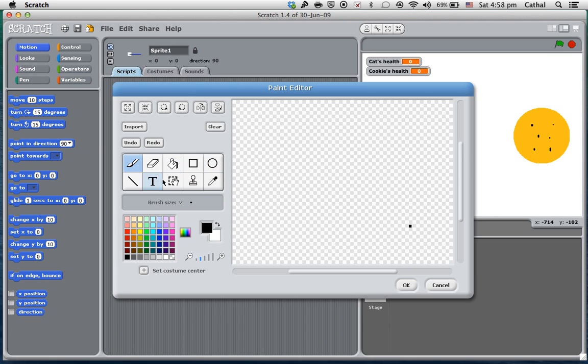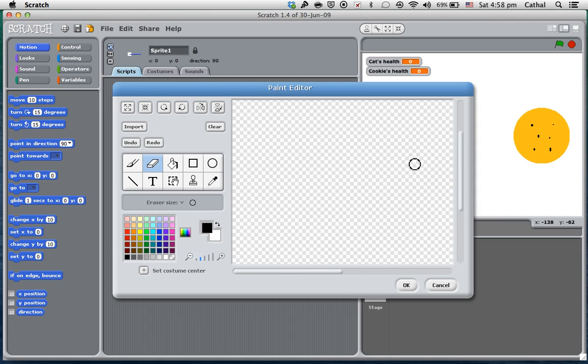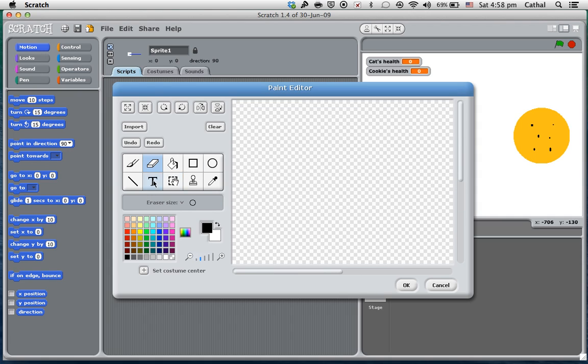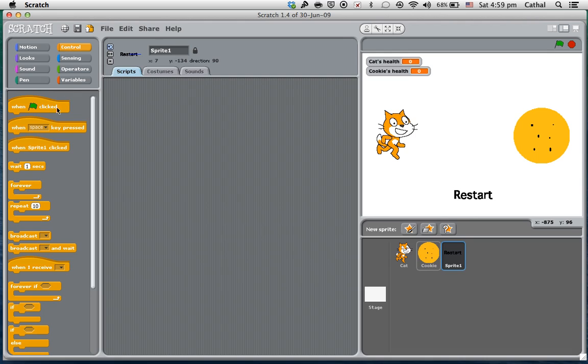So what I do is I just go here. Never mind that dot. And I just go to here and I click text. And then I just do restart. And then here's my restart button. And I just click when. Okay, I'm just gonna name this restart. And so when restart, press